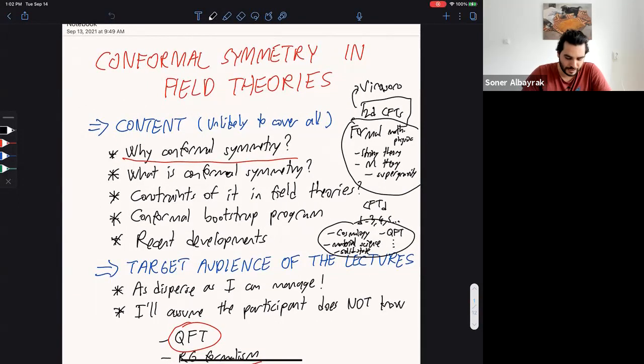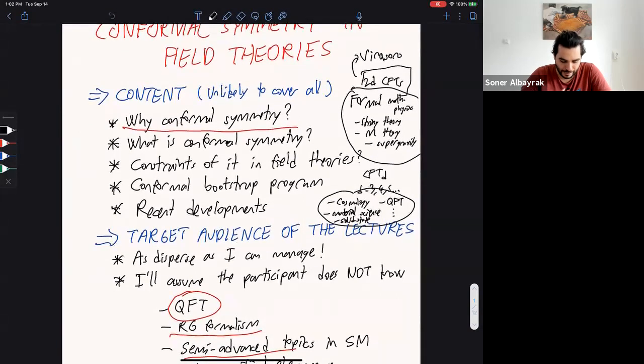So I said that the content of this lecture series is about why we are interested in conformal symmetry, what is conformal symmetry, constraints of this symmetry in field theories, and the recent progress in this area within the realm of the conformal bootstrap program, and also the most recent developments within this program itself. As I said, I don't hope to cover all of this. We'll see how much we can, but the most important point is to motivate the participants why we should be